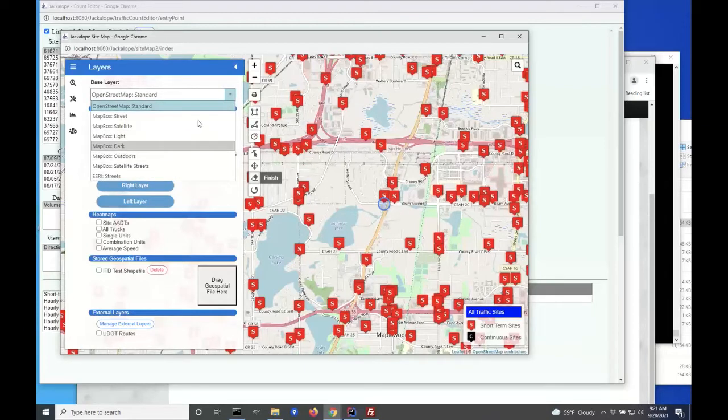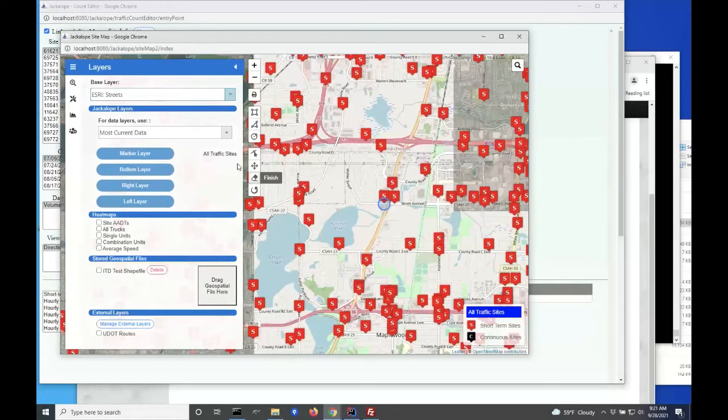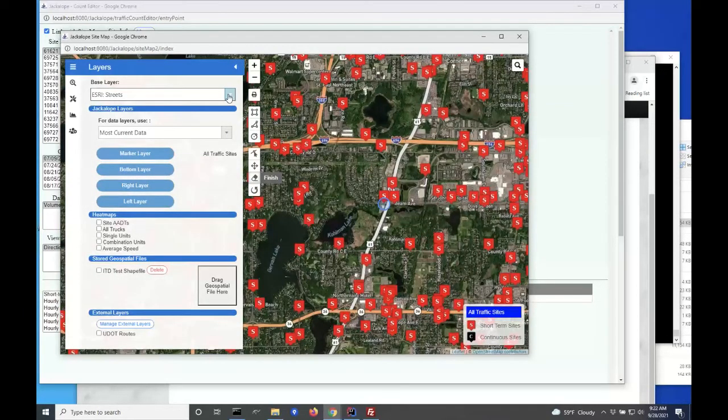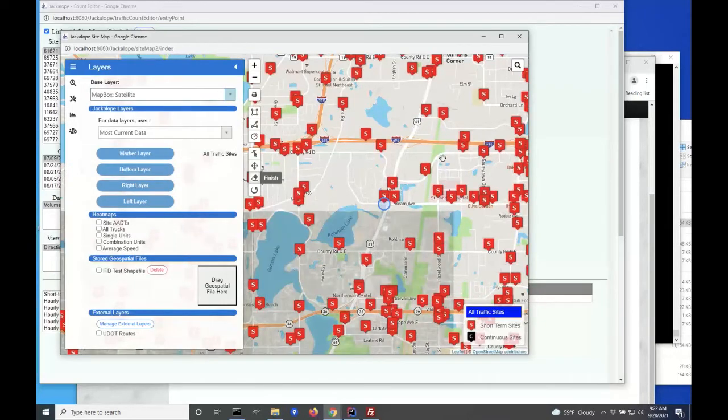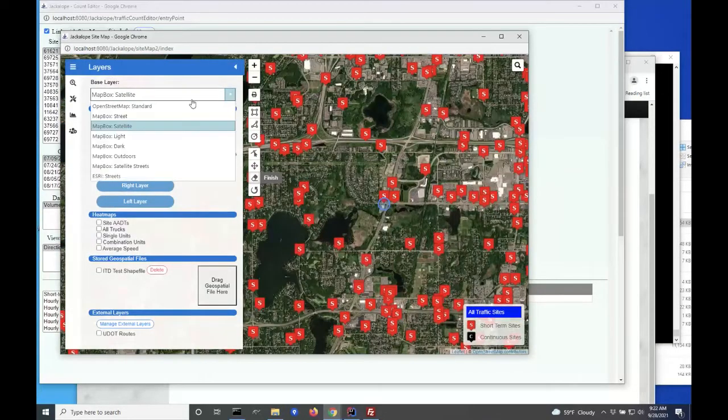So I just have this set to have some base layers, but this is where I was talking about you can get into proprietary stuff. Like you can have Esri's streets layer here, and that's fine, but if you're in a production environment, we would need an Esri license key or something like that. Mapbox is sort of a more open, although it is still a proprietary thing, that allows you to do satellite views, things like that. So the base layer